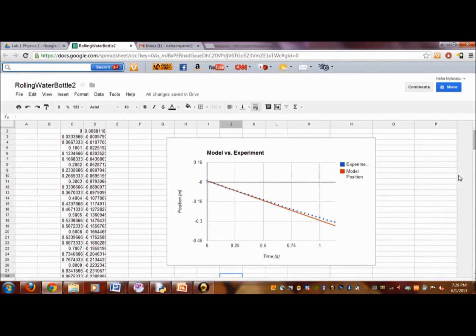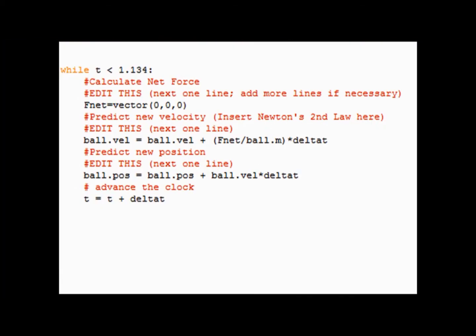This graph shows my plotted data from the tracker file and the Python file. The values for the experimental graph were taken from the tracker file, and the data for the model graph were calculated using the Python code shown here. From this part of the code, I have used a while loop to calculate the position of the water bottle